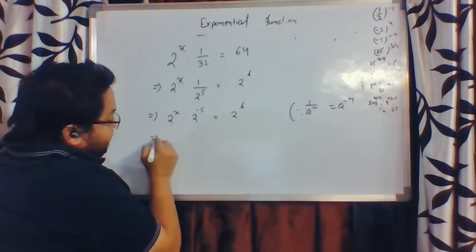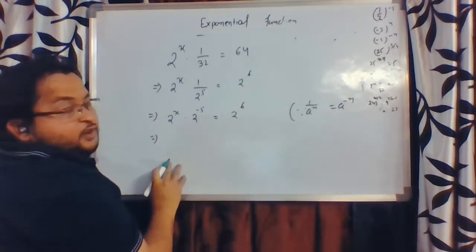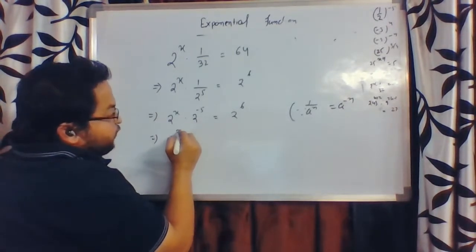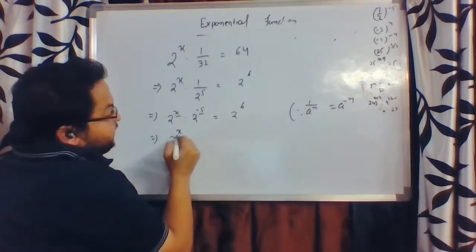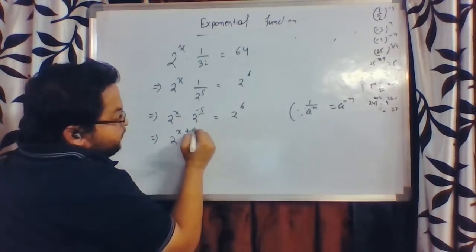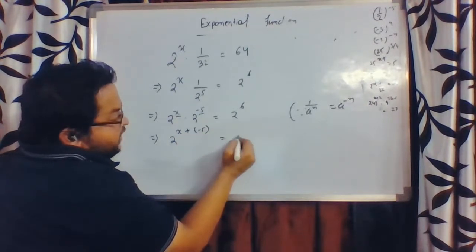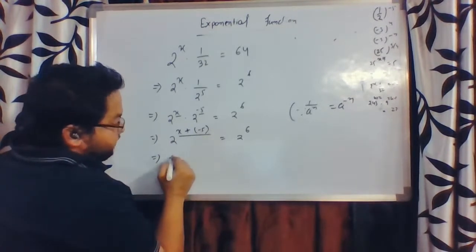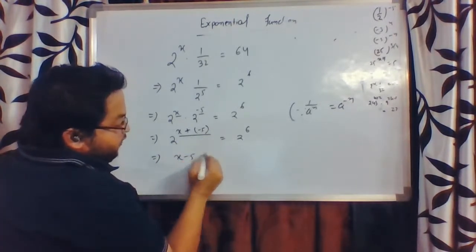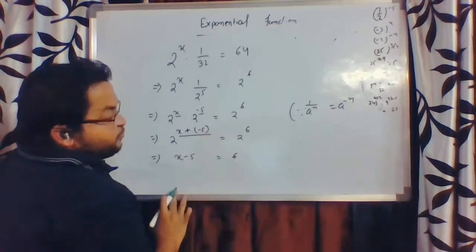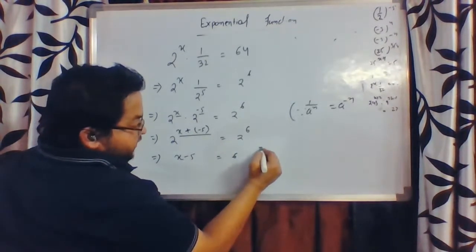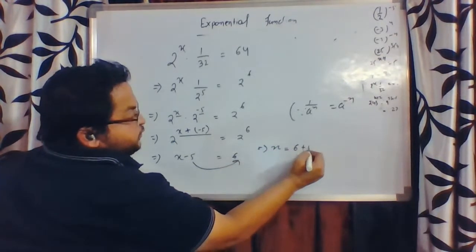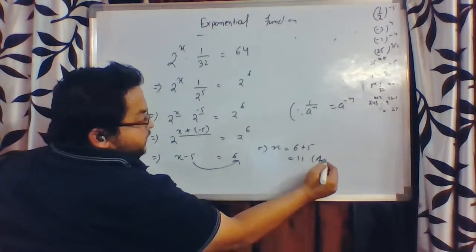Now, obviously, a simple law of indices: when you have a to the power m into a to the power n, that is nothing but a to the power m plus n. So 2 to the power x plus minus 5 equals 2 to the power 6. Or I can say x plus minus 5, that is x minus 5, equals 6. I have removed the base also. So obviously my x will be 6 plus 5, that is 11, and that's the answer,